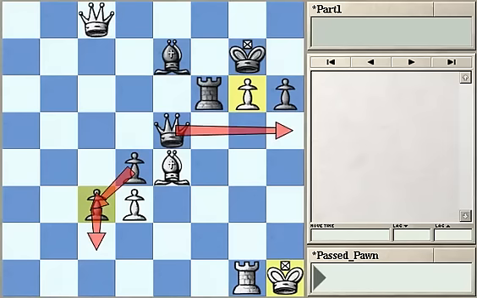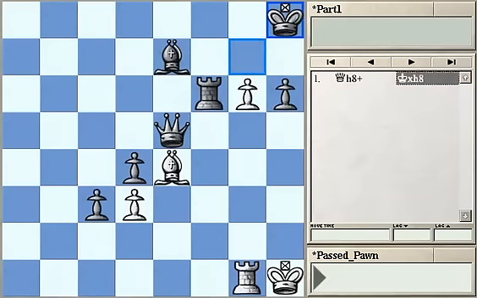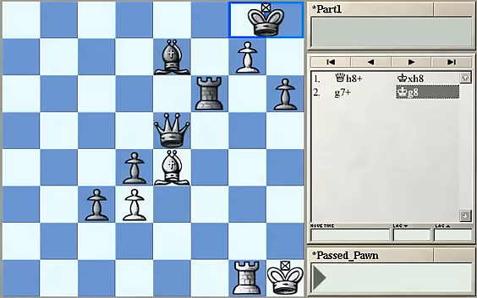So we are ready to sacrifice here the full queen for just moving this pawn forward. Queen h8 check, another brilliant move. So white is sacrificing the queen for just the idea to move the passed pawn forward. So push your pawn g6, g7 check. The black king cannot go to h7 because of the white bishop, so the only move is king g8, and even here